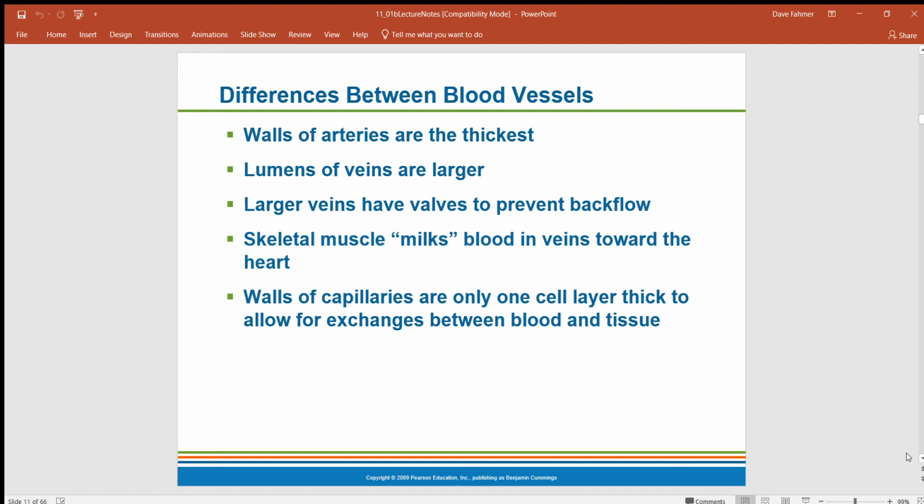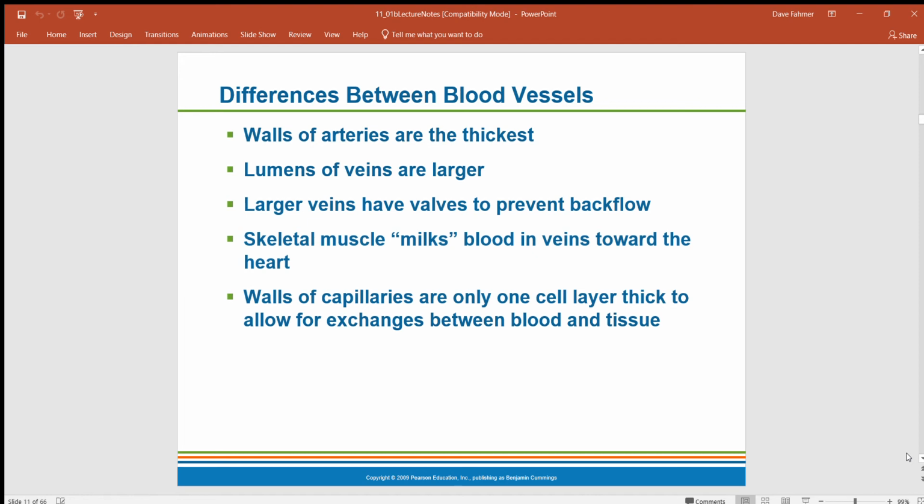When we exercise and move around, basically the muscles contracting has a milking sort of fashion that helps to keep the blood moving toward the heart. That's why people who stand when they work, it's always advised to them to move their feet around and pick their legs up and move around a little bit as they're working to try to maintain blood flow and not just stand in one still position.